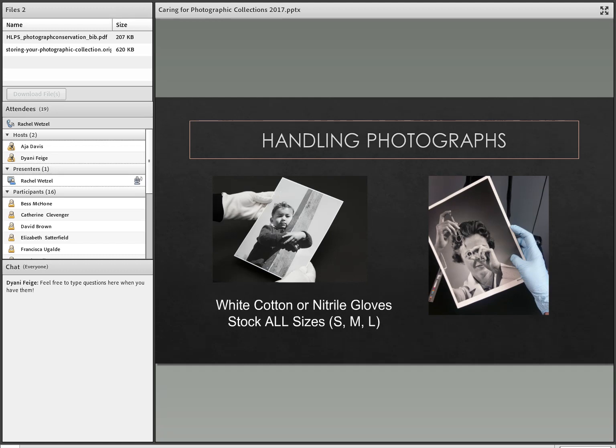So it's really important that you wear gloves when you're handling photographic materials. Now I recommend that there are two different types, that you can use the white cotton gloves or the nitrile gloves. I suggest the nitrile because there are a lot of people out there with latex allergies, so make sure you get all three sizes because not everybody's hands are the same size. If I'm handling an object and I'm wearing a large size glove and my hand is generally a small, it actually becomes more cumbersome and dangerous to handle the photographs with the gloves on than it does for me to handle them without the gloves on. So do make sure you